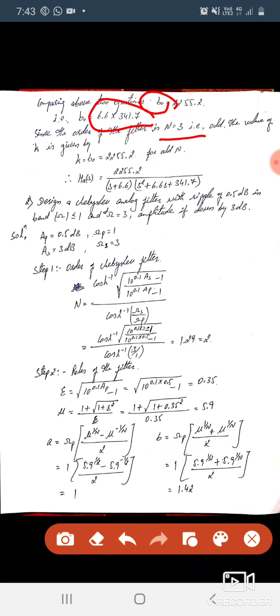Okay, here two conditions will come in the equations. I hope you have gone through those: when n is even and when n is odd. Here when n is odd, K is going to be equal to B0. Okay, for that reason K is going to be B0. Just substitute K value as B0 and the remaining equation as it is. This is the system function. Okay, this is how you have to solve.